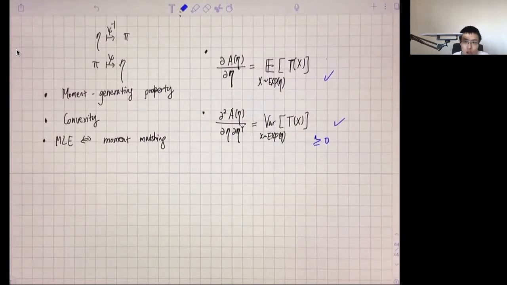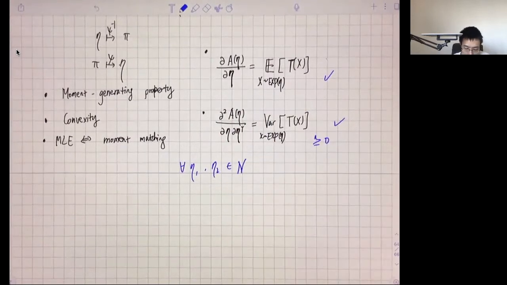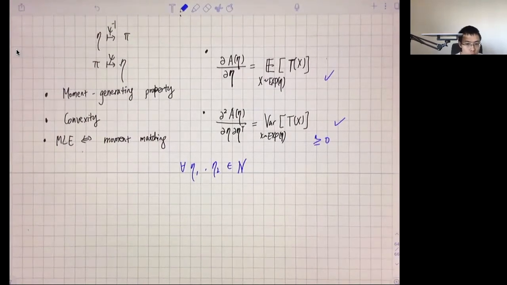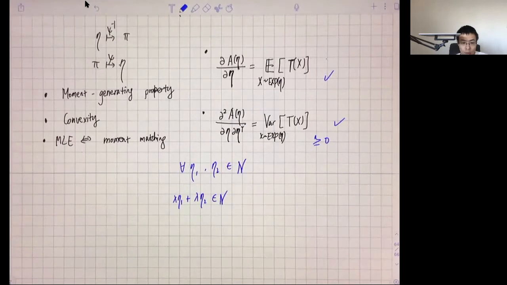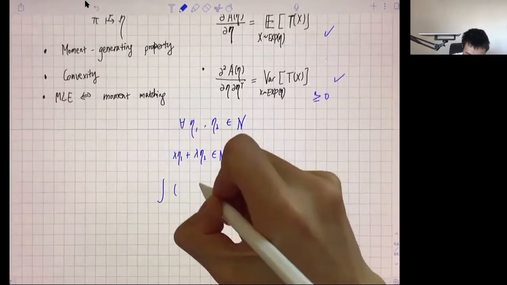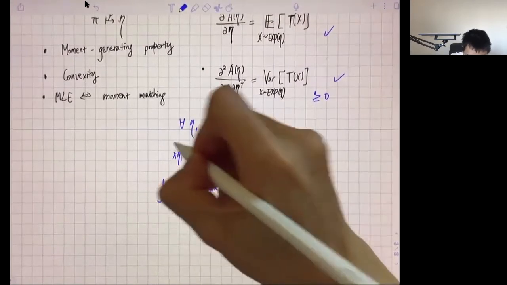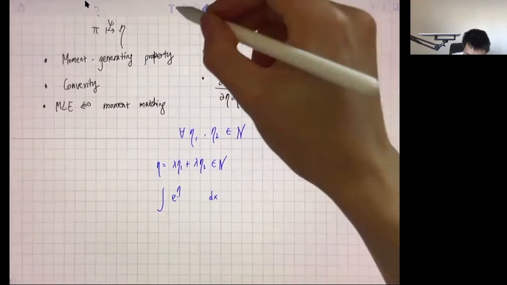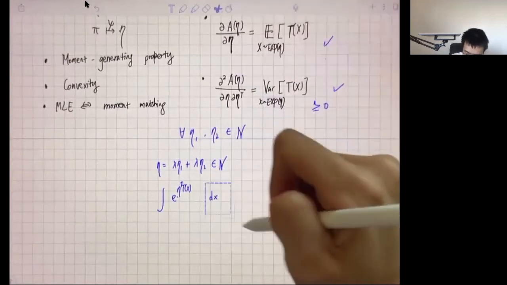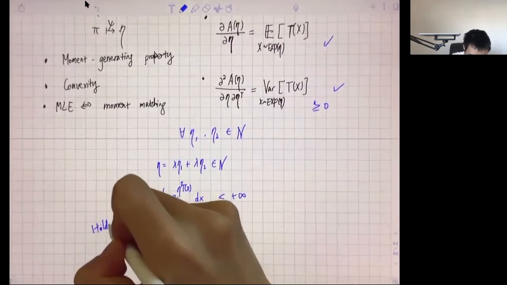Okay. But we also want to show that for any η1 and η2 in my domain of the natural parameters, so I say the domain of my natural parameters is the script N, then I'm going to show that λη1 + (1−λ)η2 is also in my domain. And the key point of being in my domain is that the integral, where you have the exponential of some η, okay, is finite. Then you can apply Hölder's inequality,